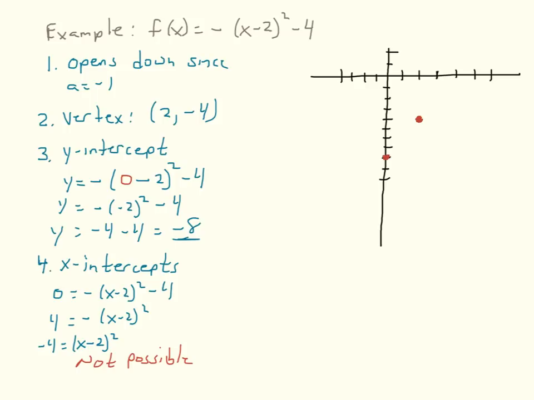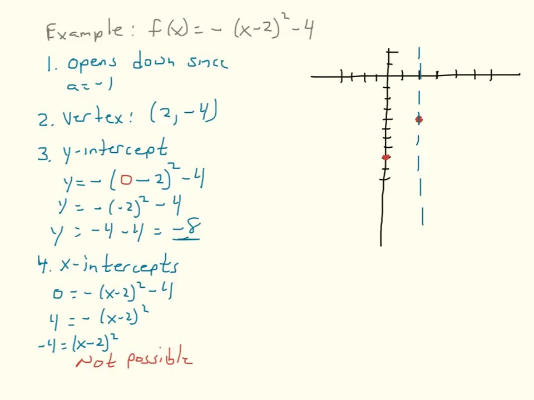Now, the other thing I have on this one is I don't know any other point, but what I do know is, remember that axis of symmetry. The axis of symmetry is going to be a vertical line that goes through the vertex. If I fold the parabola in half along that axis of symmetry, any point on the left of it is going to land directly on another point on the right. So because I know that this parabola crossed at the point (0, -8),